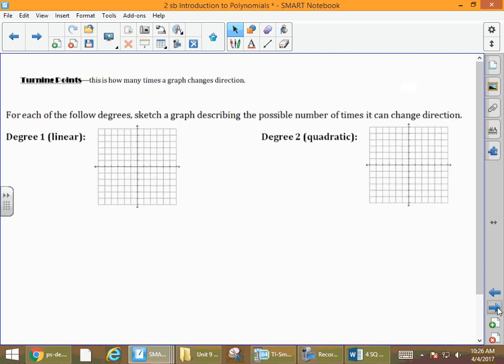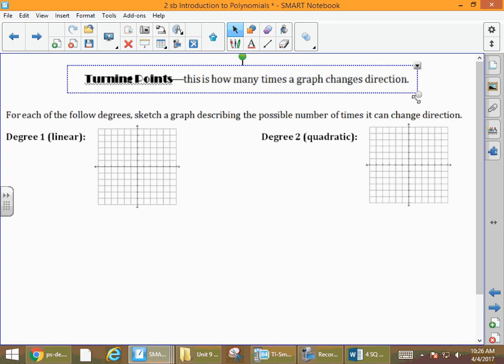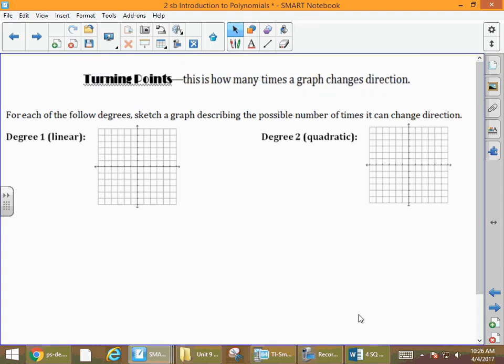So turning points. Turning points tell us how many times a graph changes direction. So for each of the following degrees, we're going to sketch a graph describing the possible number of times that it can change direction. So when we start here,